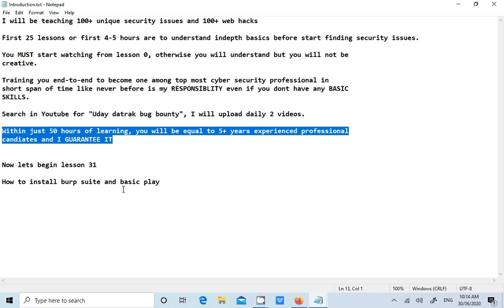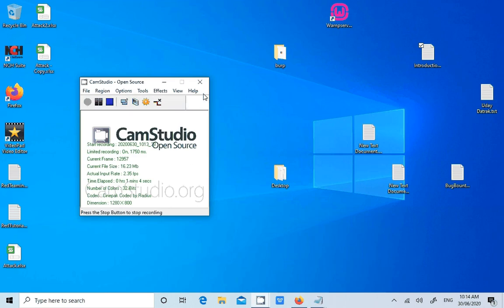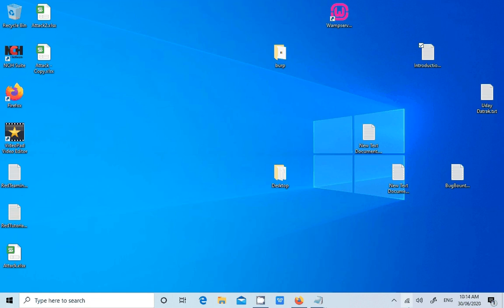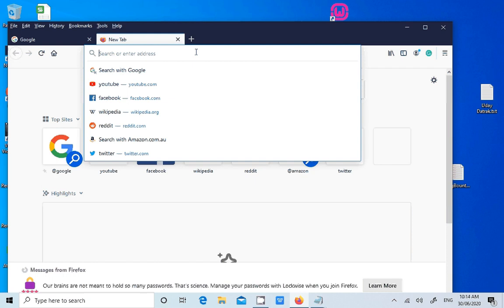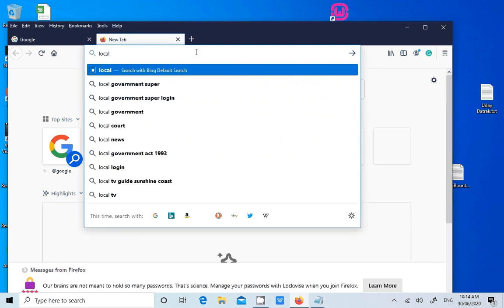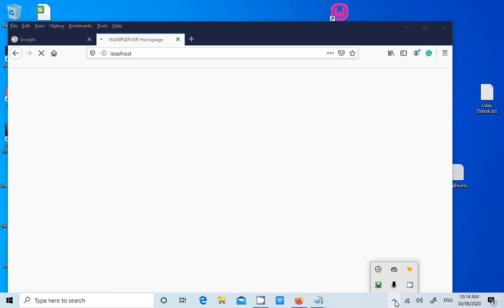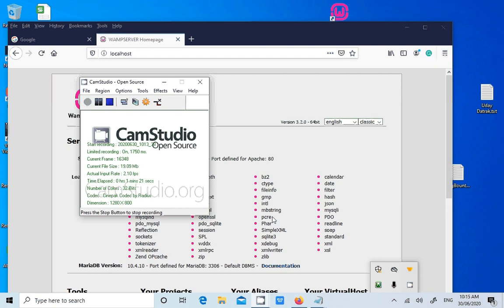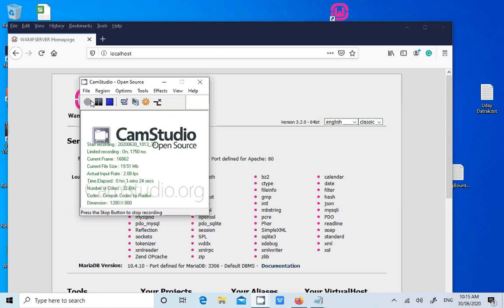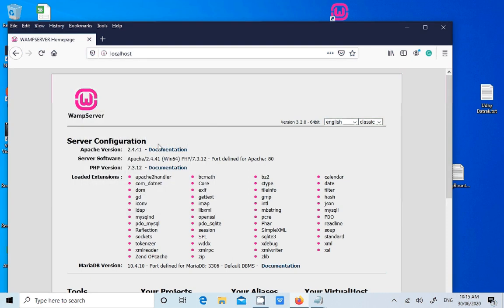Now let's begin. Now we'll talk about one more issue, information sent in clear text, guys. Before that we need to make sure our WAMP is running, and we need to see whether we can access the localhost. Yes, and we need to start Burp Suite.